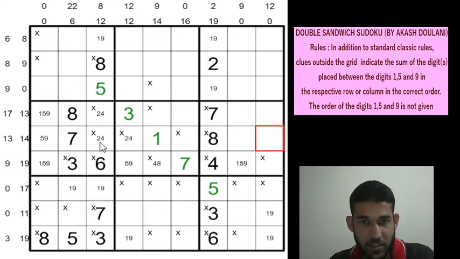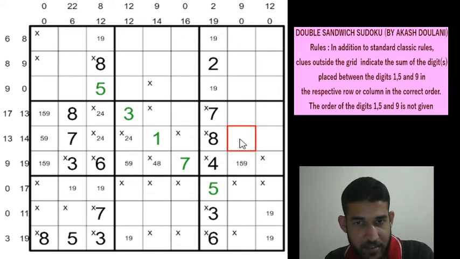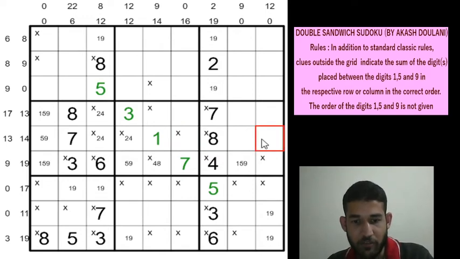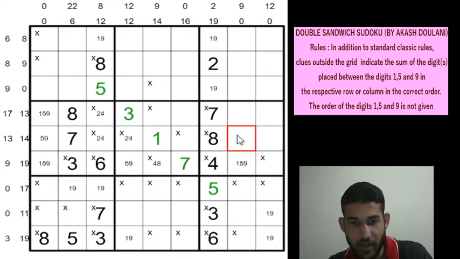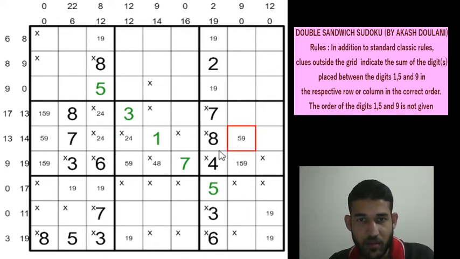Okay, using similar logic to what we did here, can we have now a 1, 5 or 9 in this cell? We can, because then we can satisfy the 14 clue by putting a 6 in row 5 column 6. But what happens if you have a 1, 5 or a 9 in row 5 column 9? Let's go ahead and mark it. If it's 1, 5 or 9, then these 2 cells add up to 6 to satisfy the 14 total. So that can be done by 1 and 5, not possible, and again by 2 and 4, which is also not possible because of these 2 clues. So this is going to be a 5 or a 9. And that means this will be a 6.